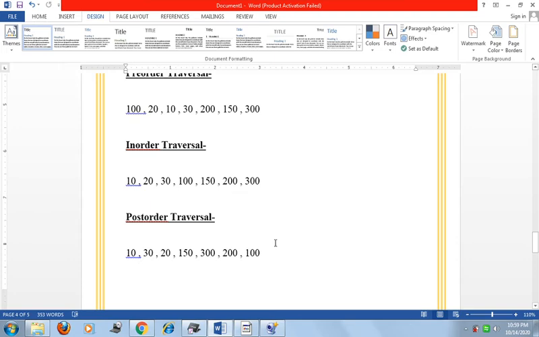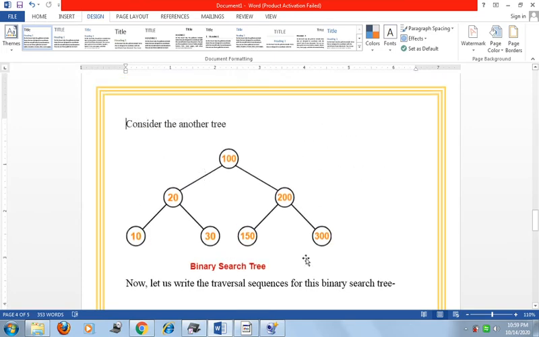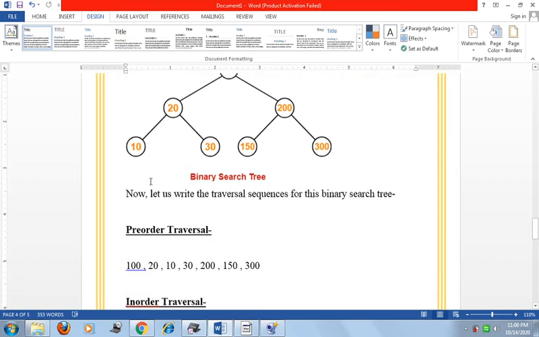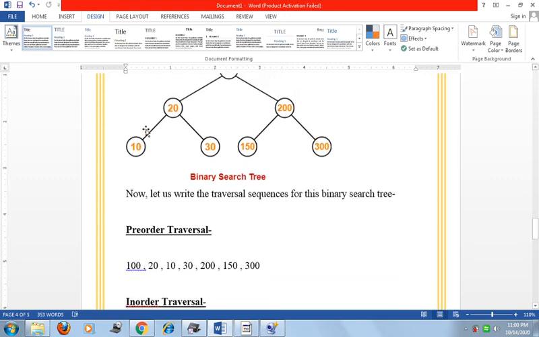Now in order traversal. Look at this tree. In order means the root is processed in between the left and right subtree. So when we traverse the tree in order, we take the left hand side part first. Now here 10 will be written. Now left, root, and right.